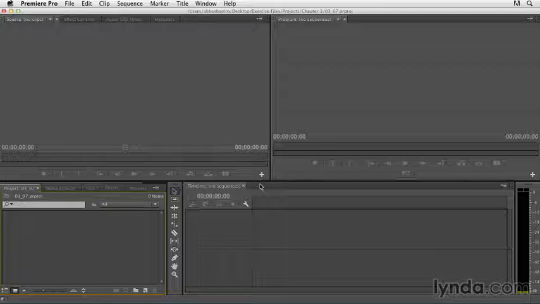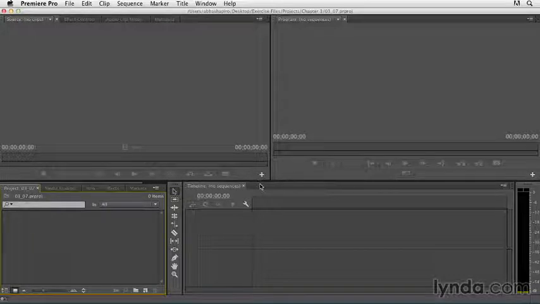Now, there might be times that you need to migrate from another application or a legacy application into Premiere Pro. One example of that is Final Cut Pro 7. Now, all you need to do with your old Final Cut Pro project is export out an XML, extensible markup language, use the latest version that's available to you, and then open that XML or import that XML into an